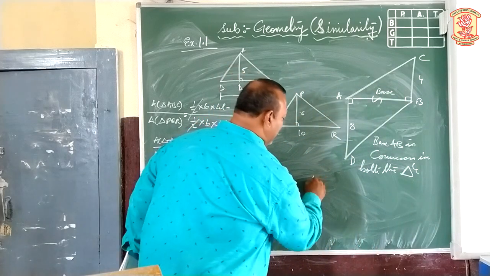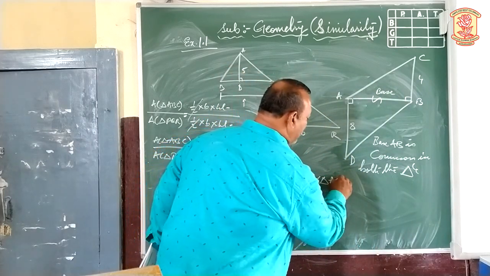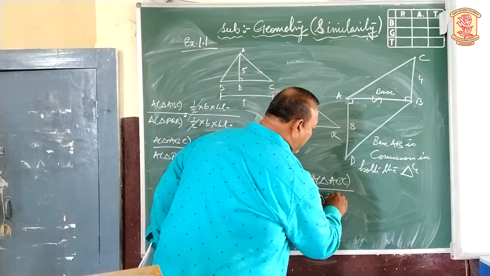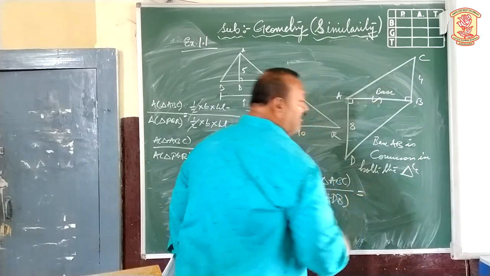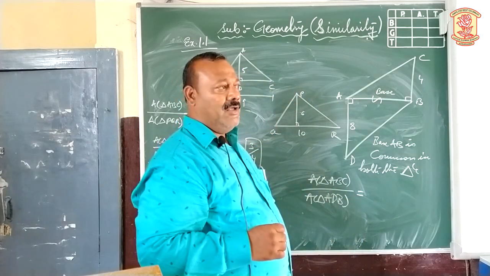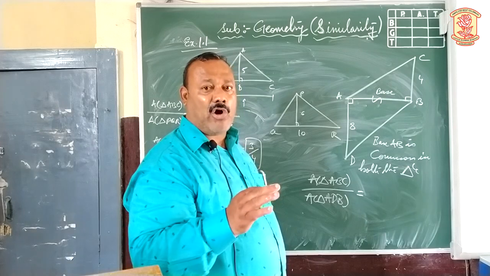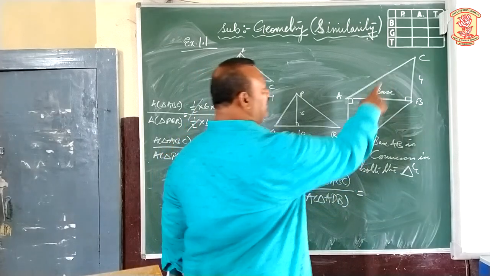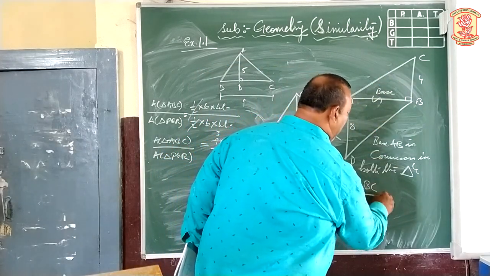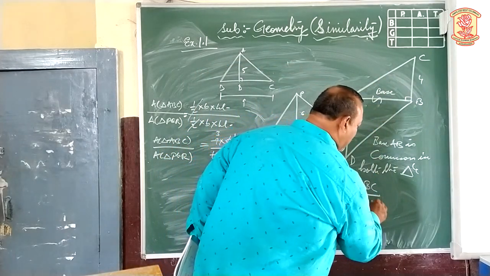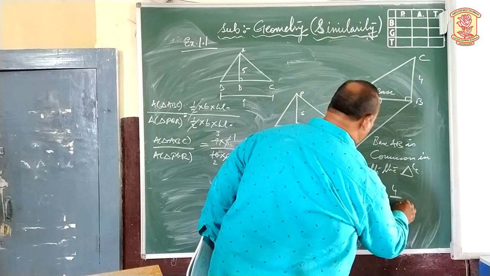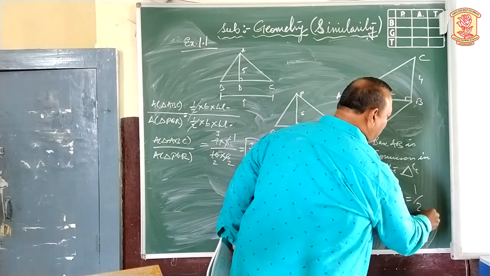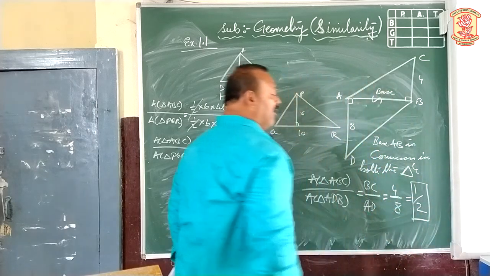Now directly, area of triangle ABC upon area of triangle ADB equals, we know the property, we have already seen, whenever two triangles are there and they have a common base, areas are proportional to the corresponding altitudes. Height of the first triangle? BC. Height of the second triangle? AD. Now the values are 4 upon how much? 8. Now you can bring it to the reduced form. 4 1s are 4, 4 2s are 8. Therefore the value comes to be 1 by 2.